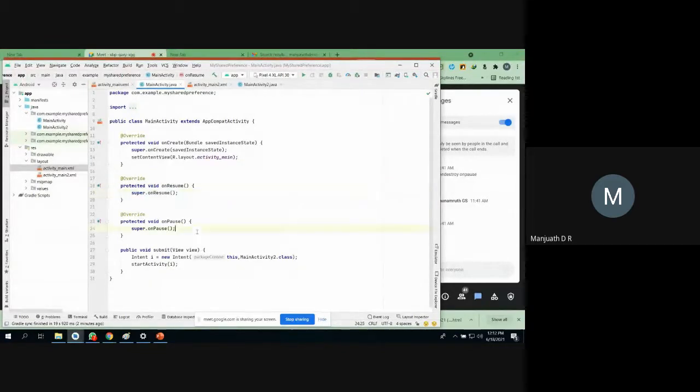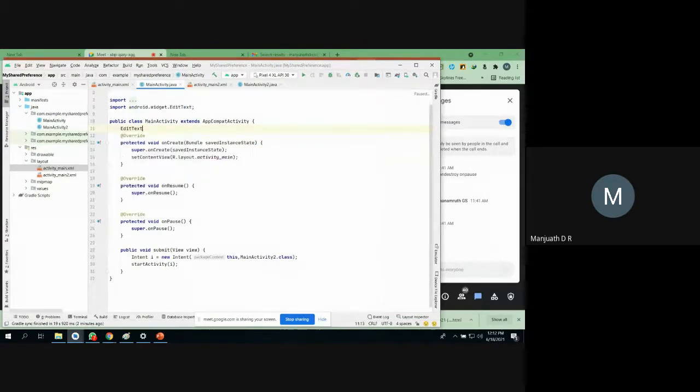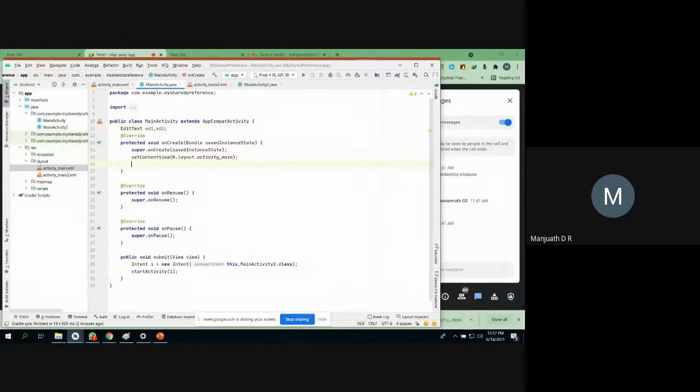Here I am going to write the data. Here I am going to read the data. And I have two edit boxes, right? So whatever data is entered into the edit text, that I have to read. So for that I am going to create the objects. The names I'm going to give are ed1 for edit box 1 and ed2 for edit box 2. Fine, and you can get the idea of that.